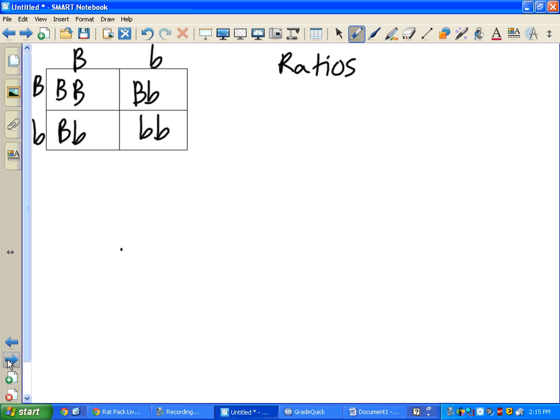Now when we do ratios, that is one thing to another thing. So you're just comparing really what are the numbers here instead of out of the total. So there are some steps that make this a little bit easier to follow. The first step you want to do is decide and write down